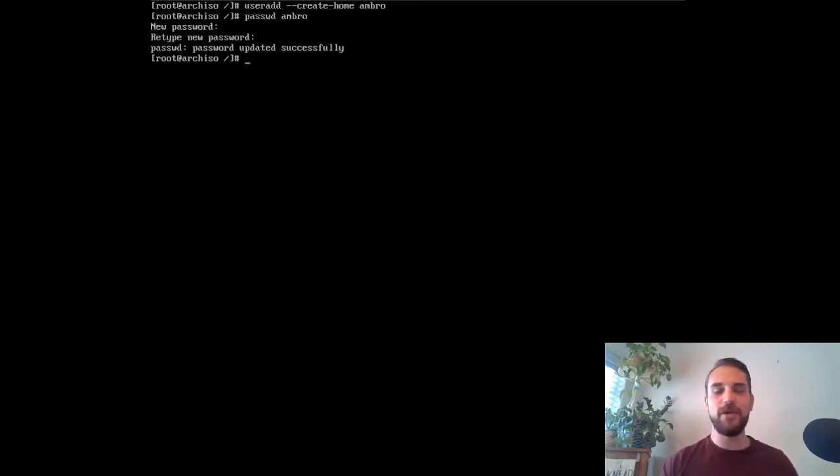And now I want to give this user superuser privileges with the sudo command, so I can install packages to the root with this user. So I don't always have to just go into my root user. I can give it super user do privileges. And in order to do that, I need to use the usermod command. So usermod --append, I'm altering it,